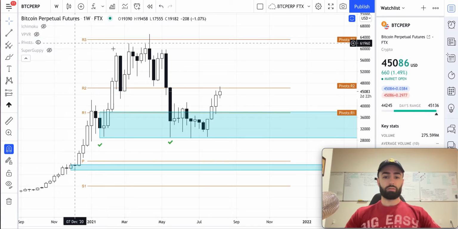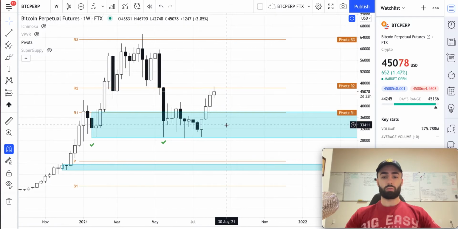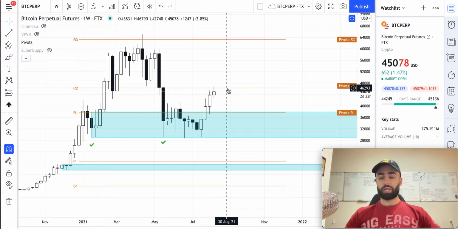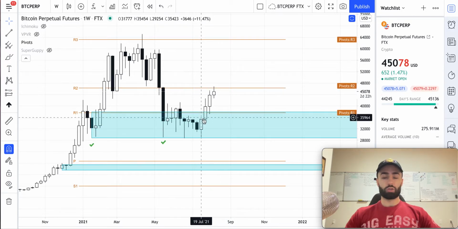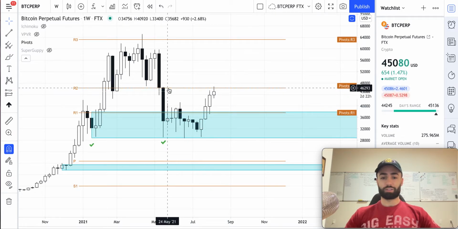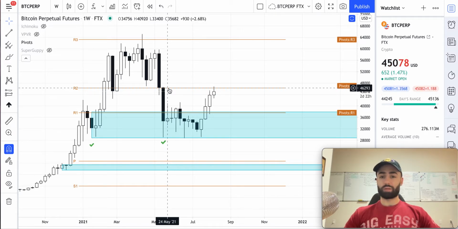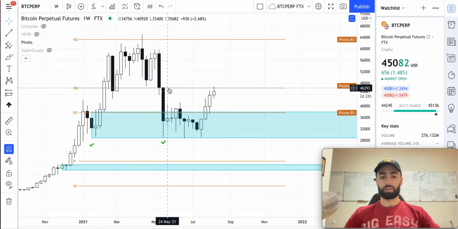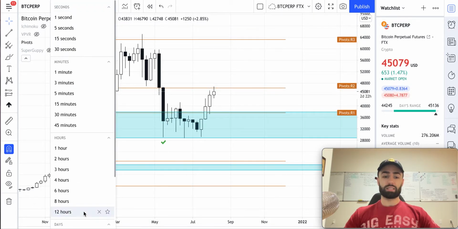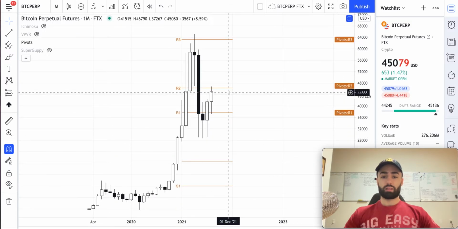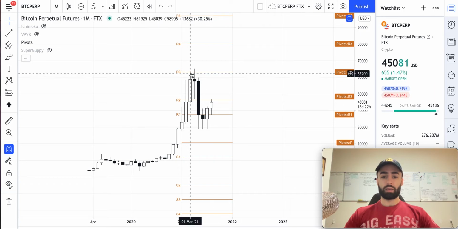So right now, if we look at what we're rejecting off of, it's the level that I've been talking about for probably 2 months now, which is this R2 pivot. I sound like a broken record, and I'm sure you guys that watch these every day or every week have just been hearing me hammer home this point of this R2 weekly or yearly pivot. And the reason is because this is a monthly level. So this is a monthly resistance level at the R2,